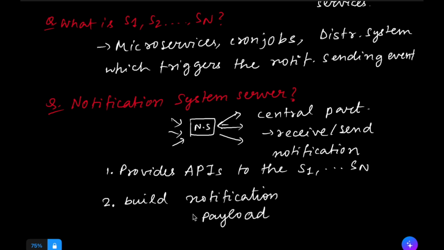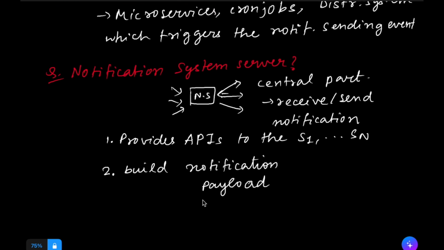So this notification payload contains all the sections like to whom to send the email, what is the content of the email, what is the user ID or what is the device ID, and all that information is present in the notification payload, and it is eventually sent to the third party